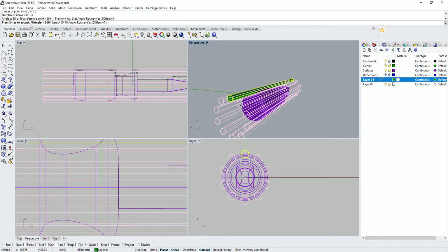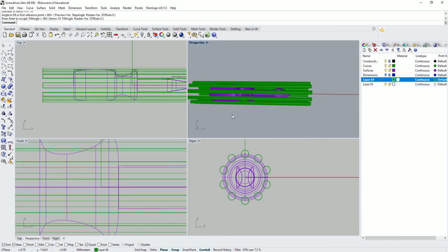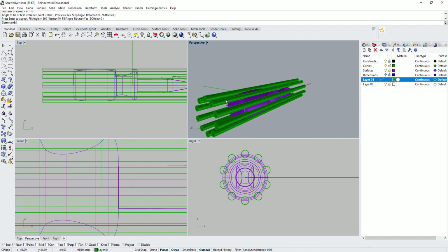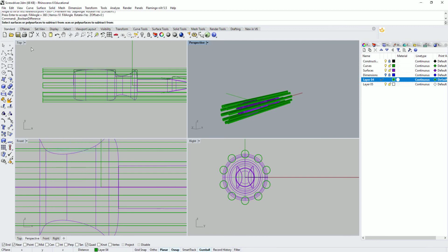Now, it's still waiting for me to press enter to accept it. So I'm going to press enter. Yep, that looks good. Now here's another reason why I dragged them out so far. I didn't need to. They only need to be the parts intersecting, but you'll see why when I do a selection. So what I want to do now is solid difference, select poly surface, subtract from,